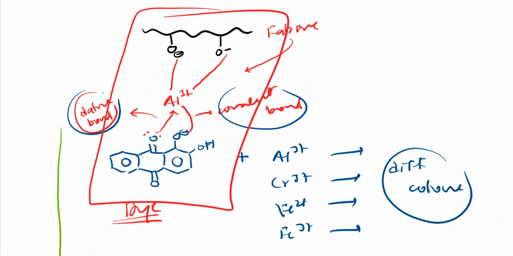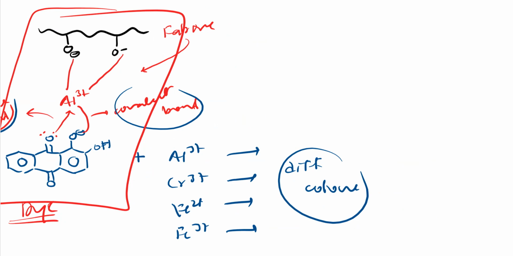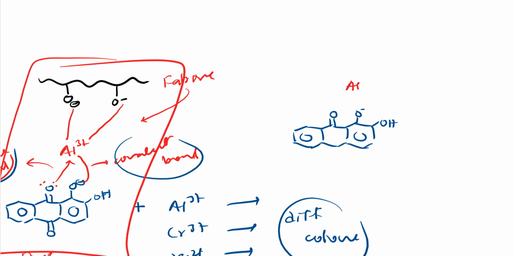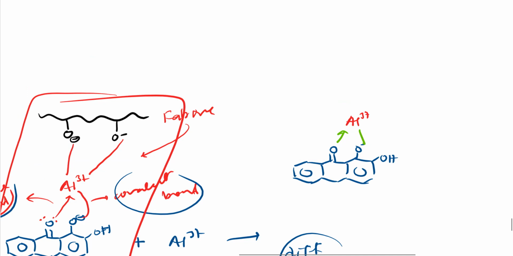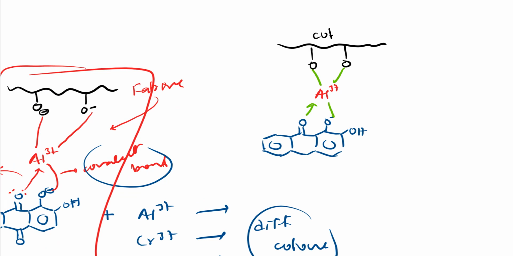I hope you got it, right? Should I draw it again? So see here, it should be familiar now. If I ask for alizarin, you should draw directly like this. Here benzene, double bond O, here you make O negative, here you keep OH. Here let me take one mordant, that is aluminum, Al3+. So I'll bond like this. This is a dative bond, this is a covalent bond. From this, one more covalent, one more covalent, right? So here I'll take oxygen which is attached to this cotton, which is my fabric. Because of this, this is cotton, this is my dye alizarin, and this is my mordant.